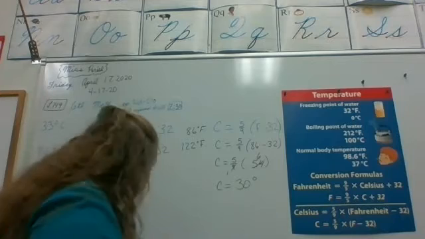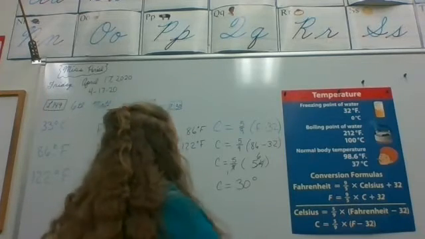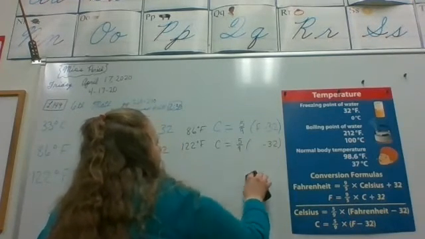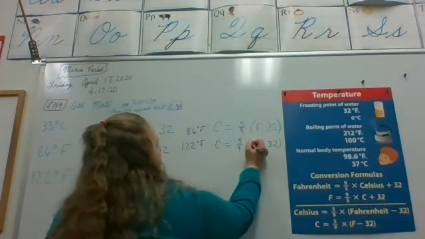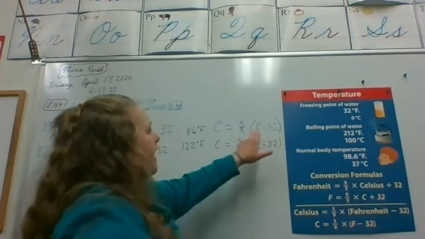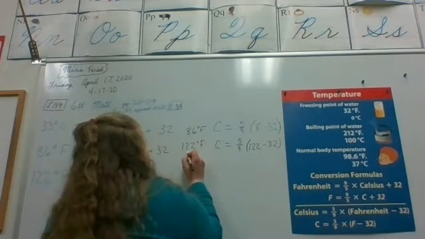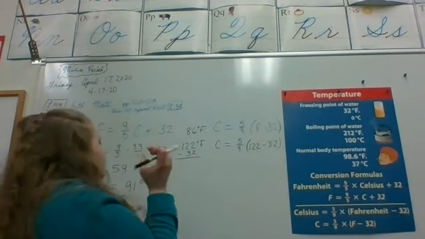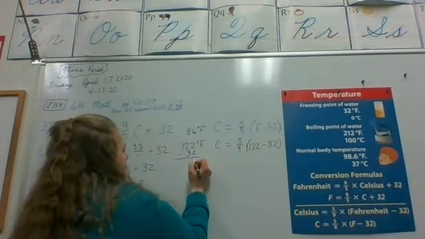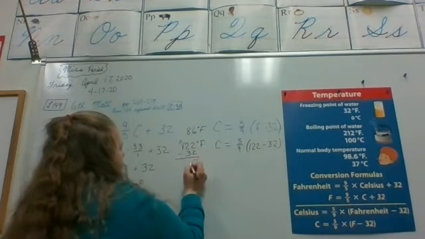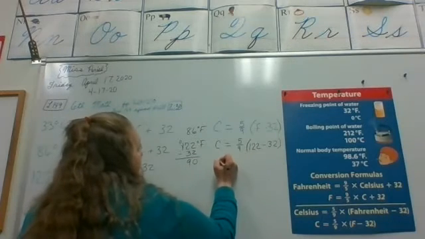Okay, I'm going to erase this and we are going to do the second one. I'm not going to erase all of it. I'm going to make it easy on myself. So 122 is what we're putting in for F. Okay, in this case, I'm going to do it this way because I want to make sure I get it right. So that would be 0, and then 12 minus 3 is 9. So it's 90,